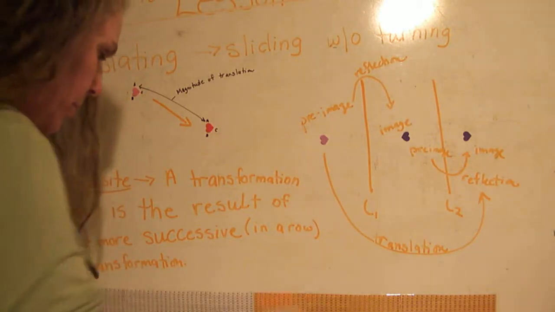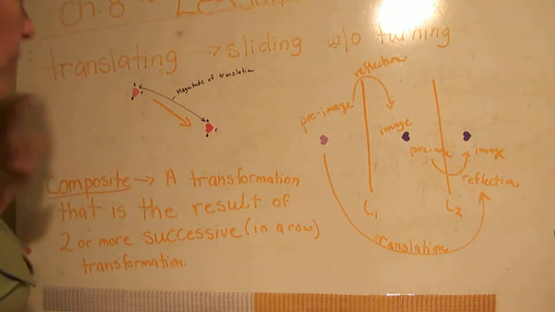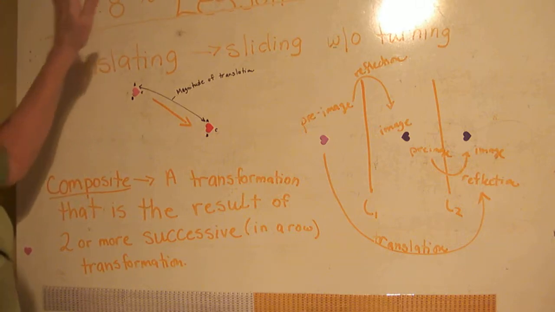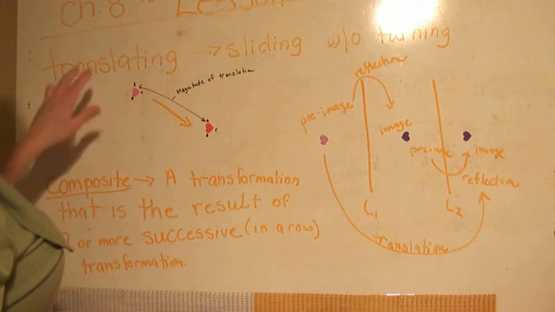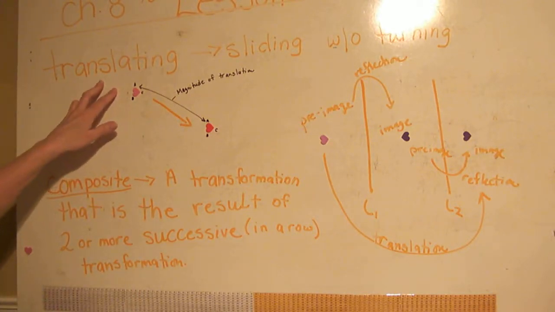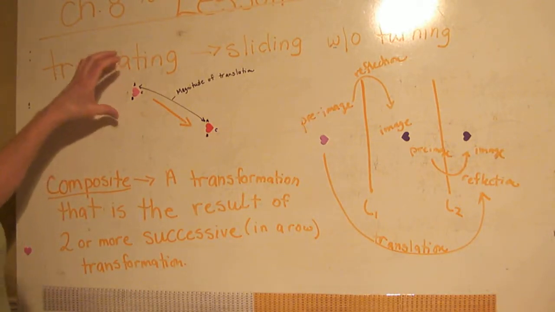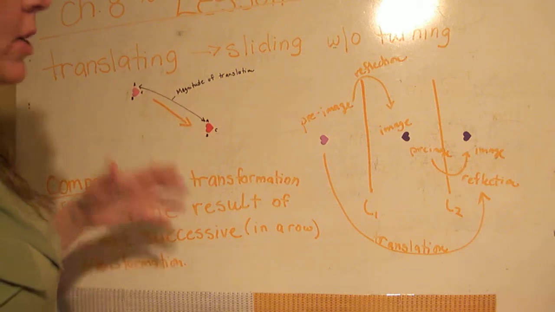Okay, good morning, class. We're going to be talking about Chapter 8, Lesson 3, Translations. A translation is when you have an image and it's like sliding without a turn,